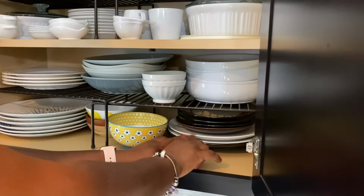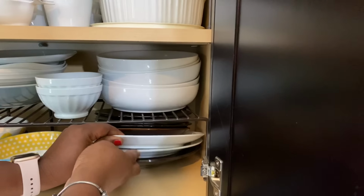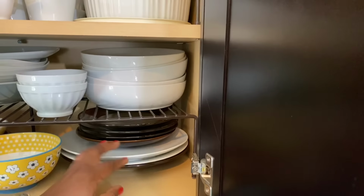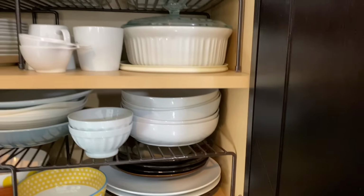These two white plates were my first few plates that I bought as props. These are just regular. As you see, they're not even matching. I got them from Home Goods long ago. This brown plate together with these,